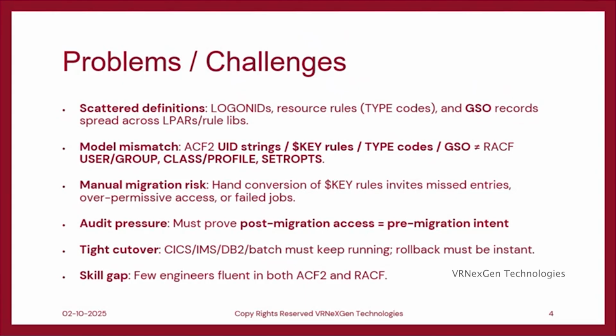In RACF, the entire security definition is maintained with four different types of profile: user, group, dataset, and general resource. Whereas ACF2 has, we can say, three different classifications. The user-related information is held in logon IDs, which have the user's name, password, and other information about the users, along with other subsystem access such as TSO.